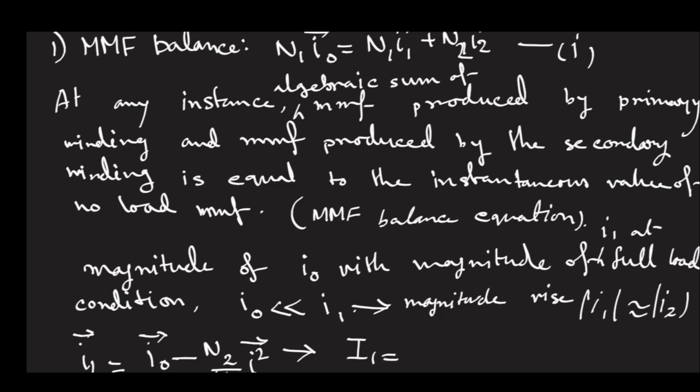In Phasor you can write I1 Phasor is I naught minus I2 dash, right? So this one, this is very important. This is our Phasor relation. Sorry, this should be minus. Sometimes we call this whole thing as our